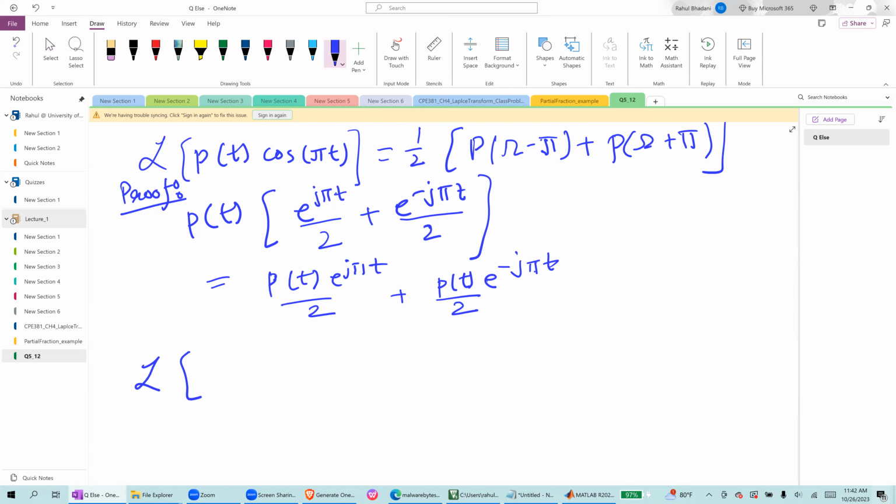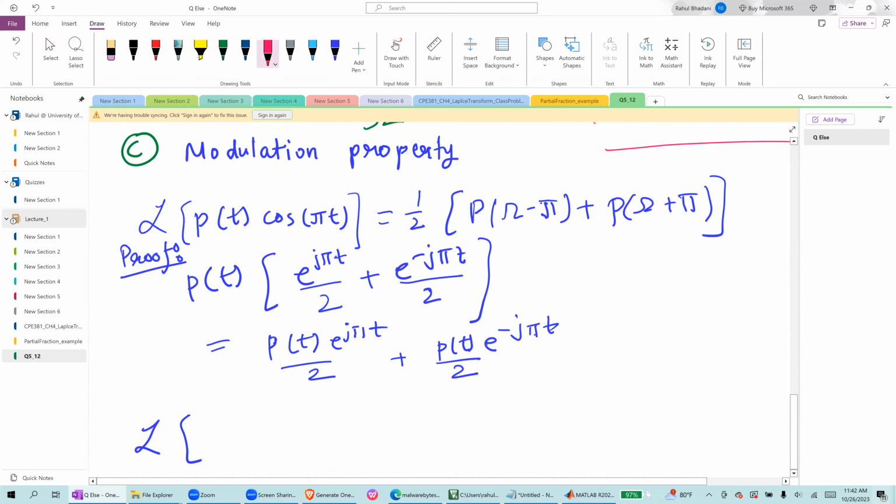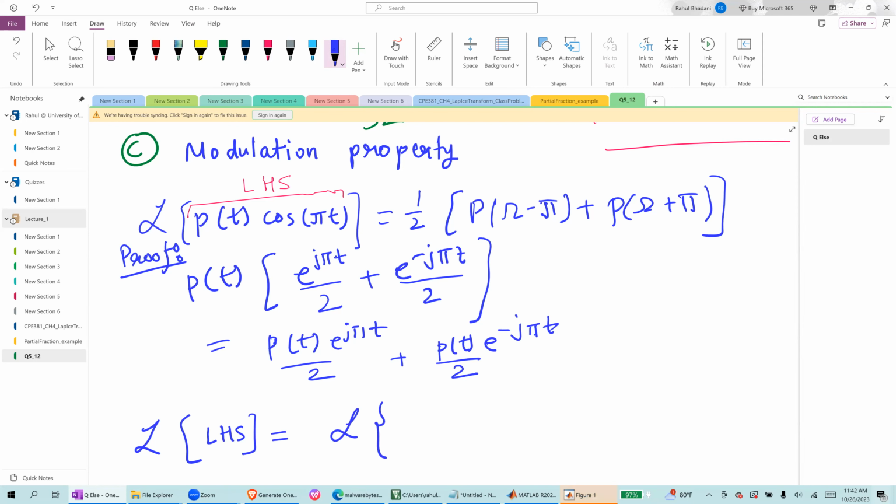Let's call this whole thing LHS, and I'm just going to write down the transform of the LHS equal to